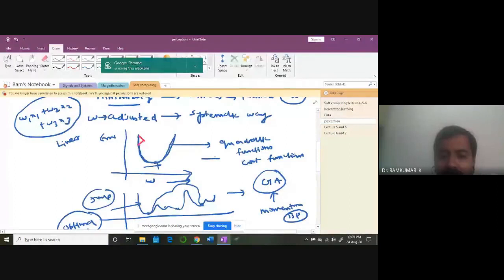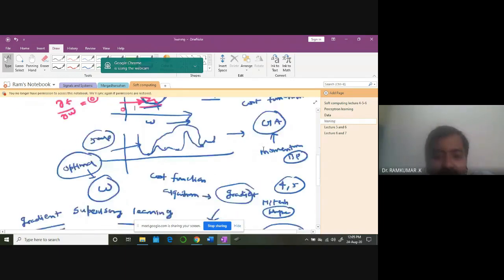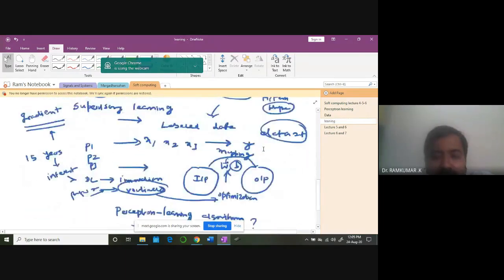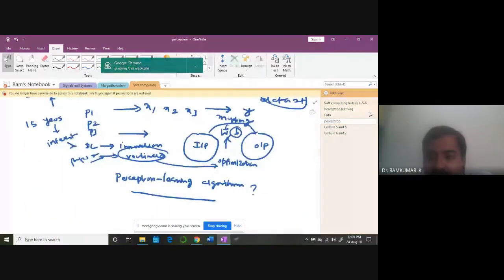So we employ something called a gradient, dE by dw, and make sure that it reaches the minimum value. Okay, so that's equal to 0 for a classic case, a quadratic cost function. So normally we will be satisfied with a particular amount of error. We won't be looking for zero error, or the minimum possible error. We'll be satisfied with some level of error. So then we'll iterate, reach that point and stop there. So the cost function is a kind of squared function like this, a quadratic cost function. So that's what we understood in the last class.